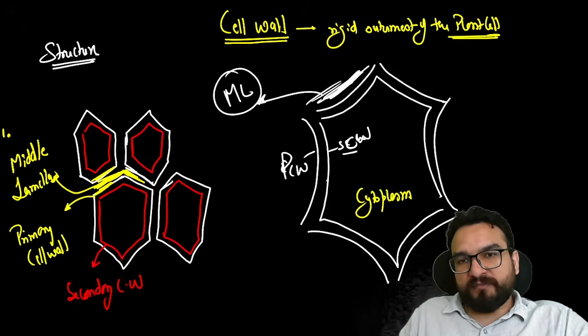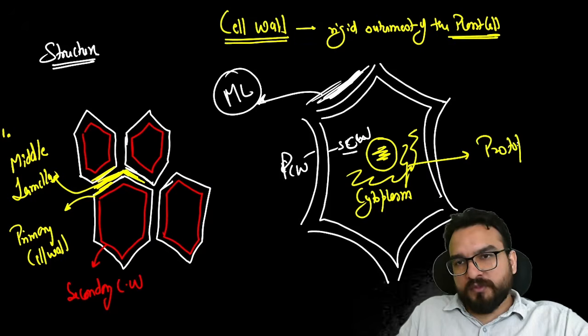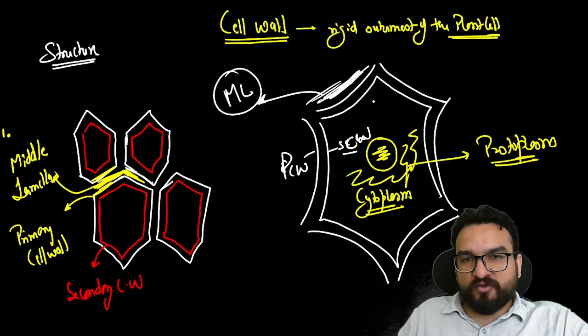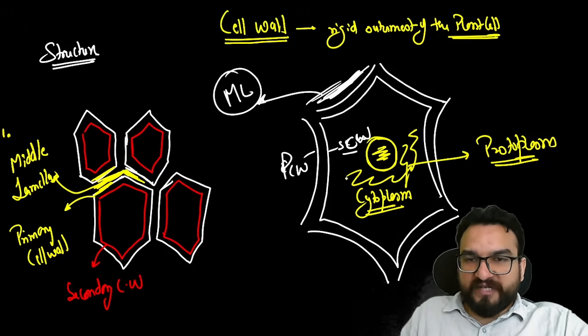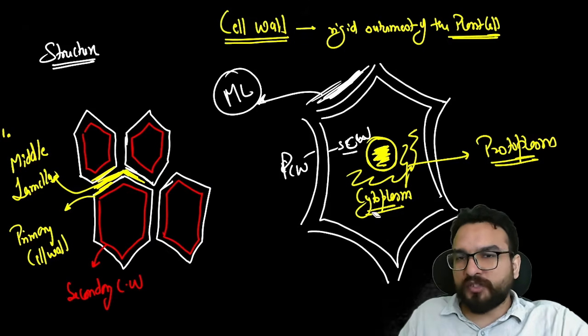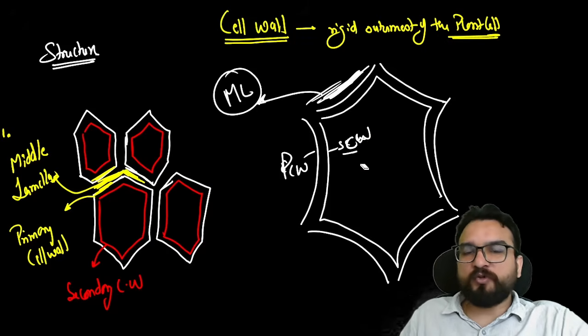The plasm or the material inside the cell wall and outside the nucleus is known as cytoplasm. But if I include this nucleus also, these two things will be known as protoplasm. Understand the difference clearly. Cytoplasm is all the material present inside the cell wall and outside the nucleus. But protoplasm includes the stuff inside the nucleus also. So cytoplasm and protoplasm, two terminologies you should understand. This we will be seeing later on, but these are simpler things which you should understand. So I hope you are understanding this.